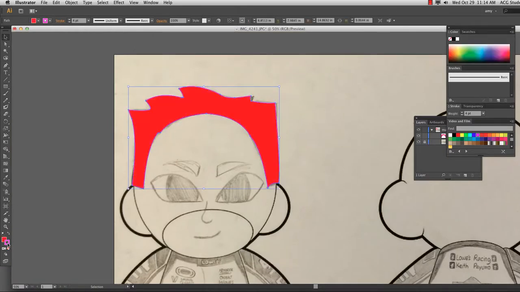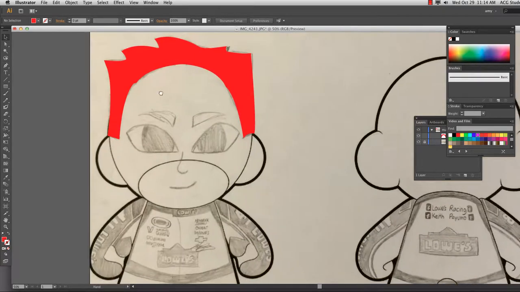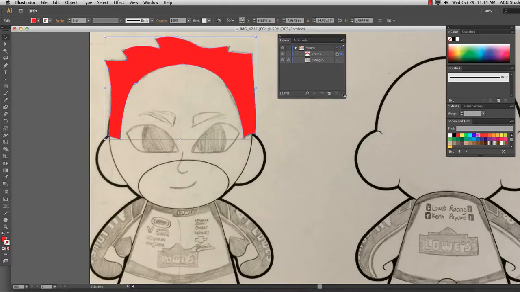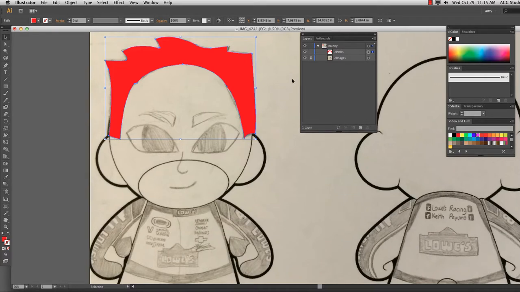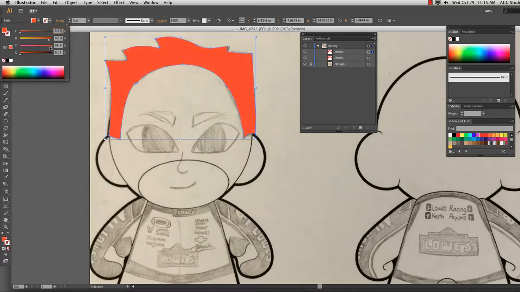Now, I'm going to review something really quick here. One of the cool things that he did the other day, the designer of the Tokidoki, was he added a little bit of color, like a highlight in the hair. So let me show you how to do that. Let's do that while looking at our layers panel. So Command C to copy, Command F to put in front. And then you'll notice in the layers panel that there's two of the same thing. The one on top, I'm going to hold the Shift key down, and I'm just going to change it a little bit, like kind of a funky